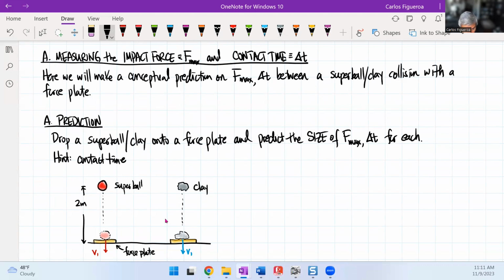So now, what I want you to do here is tell me which one is going to have the maximum force and which one's going to have the bigger contact time. Okay, so now that you've made your prediction, we can move on and actually do that. So now what we're going to do in parts B and C,